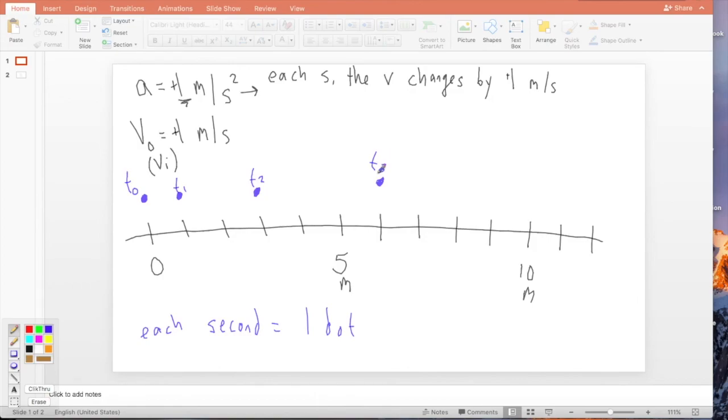Where's it going to be at t4? Now it's going to be advancing 4 meters in a second. 1, 2, 3, 4. This is what these diagrams will look like, and we can change it to a vector diagram by adding arrows. The arrows are going to get longer each time because the velocity is increasing. This is what a vector diagram looks like for accelerated motion. The dots are getting farther and farther apart because every single second the object is covering more ground, the velocity